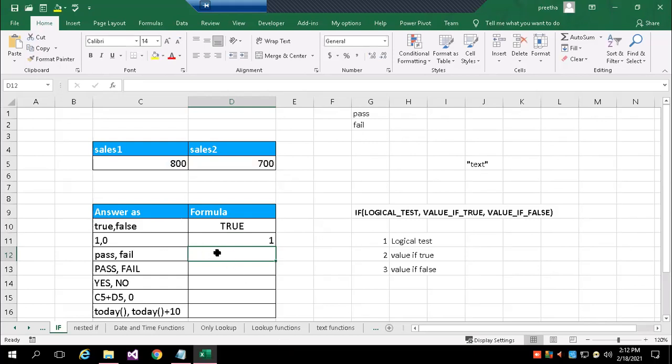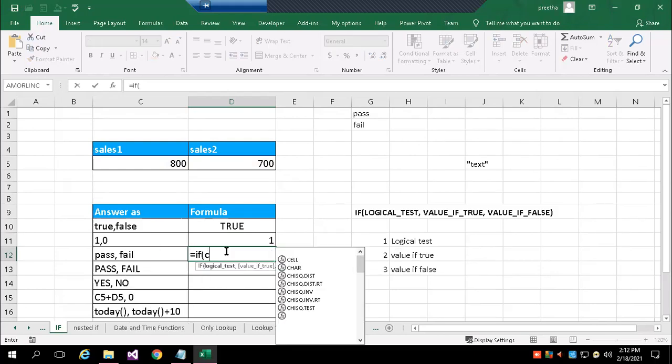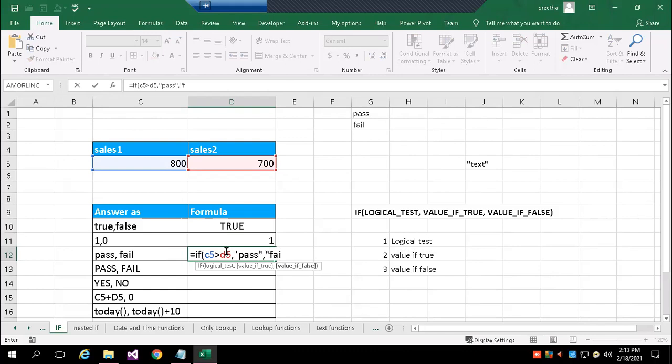Now, if the condition is satisfied, I want to write the word pass or fail. This is another method; there are different ways to give back the result. So here, the same IF, C5 greater than D5, then instead of the value 1 or 0, I want to write the word pass, or I want to write the word fail.